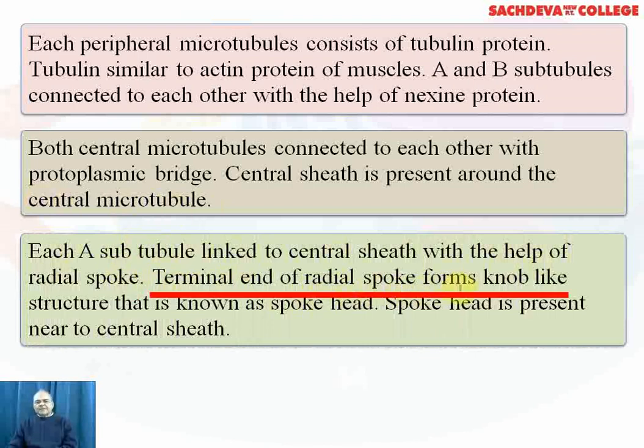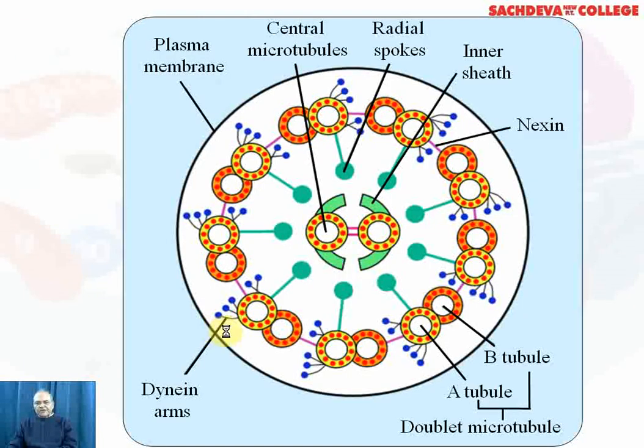The terminal end of the radial spoke forms a knob-like structure, and that is called a spoke head. A spoke head is present in the central sheath. You can see the radial spokes are there. You can see the central microtubules, the peripheral microtubules, which are made of A and B subtubules. You have the dynein arms,